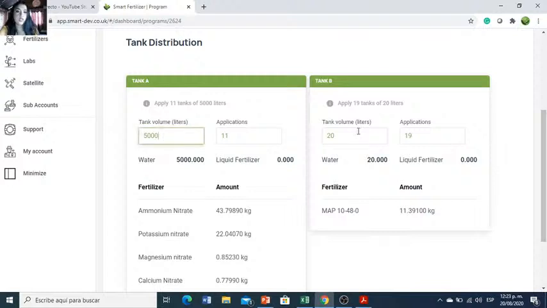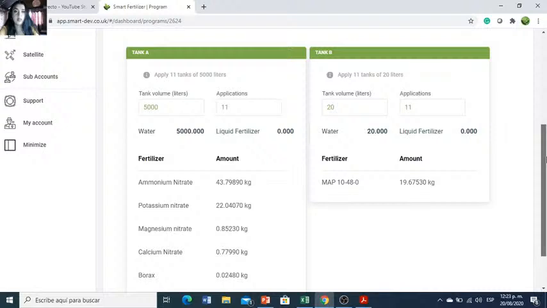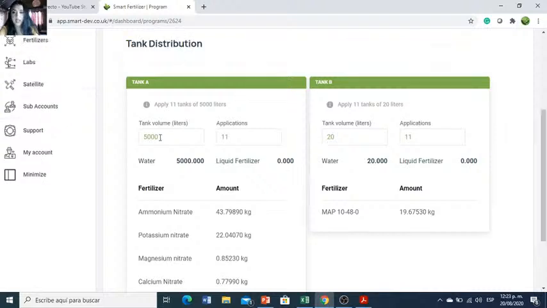You can change the number of applications, if you need. And this software is already telling us the amount of fertilizer that we need to apply. So, as you can see, we can change all this information. It's up to your needs. Okay, now after this,